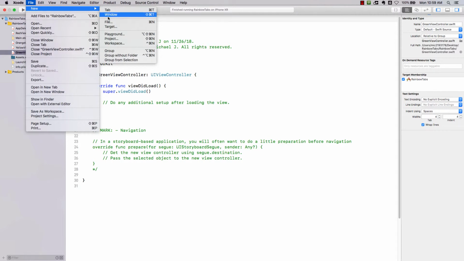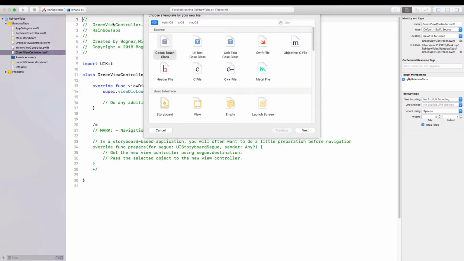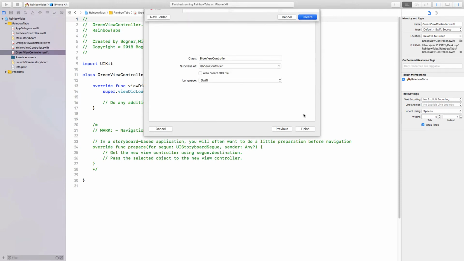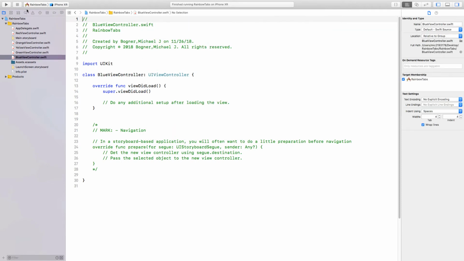The other way you can create a class is you can go up and select File, then New, and New File, or Command N. So I'll do it that way. We're going to create a blue view controller. One thing you want to make sure of is that the subclass is a UIViewController. Once you select it, it should be available, but when you start creating other types of controllers, you'll want to verify your subclass. So I'll click on blue, click Create,